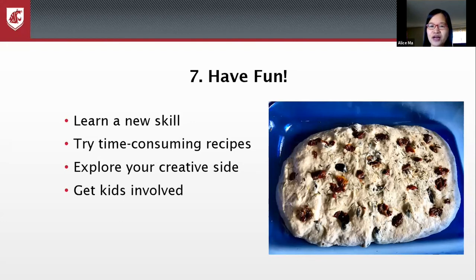This is a very good time to learn a new skill. If you've been dying to make sourdough bread, as they mentioned yesterday, sourdough bread is really trendy right now. If you're dying to make sourdough bread, this is a good time to do it. Or starting to make kombucha or fermenting things, those long, time-consuming recipes. This is a great time to experiment and have fun with that. This is a sourdough focaccia I made for the first time last weekend. So try those time-consuming recipes if you feel like that's something you could have fun with,